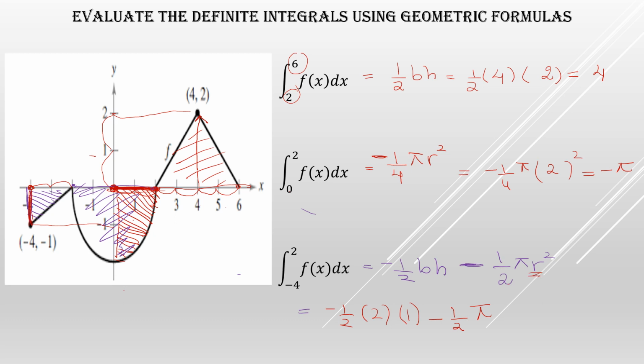Now r. What is the r? Radius. On the right side, two boxes. Downward, two boxes. Left, two boxes. The center is on the origin. So you have a radius which is equal to 2. Calculate it. So the 2 and 2 cancel. It will be negative 1 over 2, and this is r, so it will be 2 pi. Or write it in the calculator. You will get an answer.